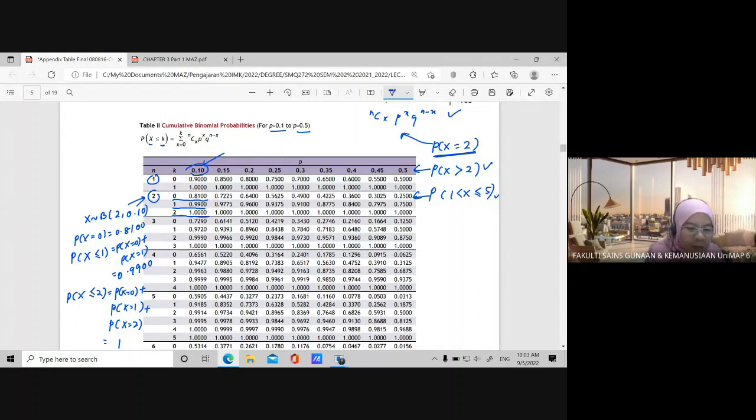For example, if you are talking about P(X greater than 2), let's say your experiment is binomial with 10 trials with probability of success 0.1. How are you going to find X greater than 2? We know that P(X greater than 2) is actually P(X = 3) plus P(X = 4) plus P(X = 5) until